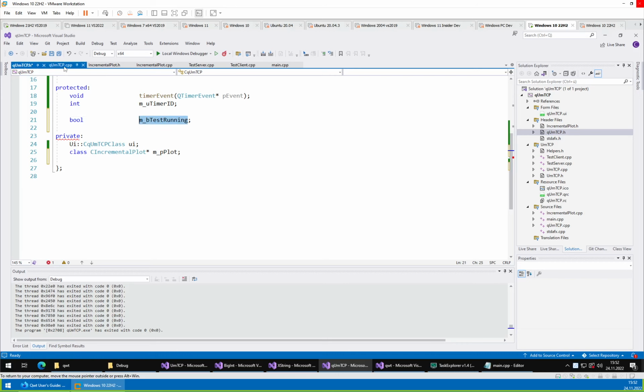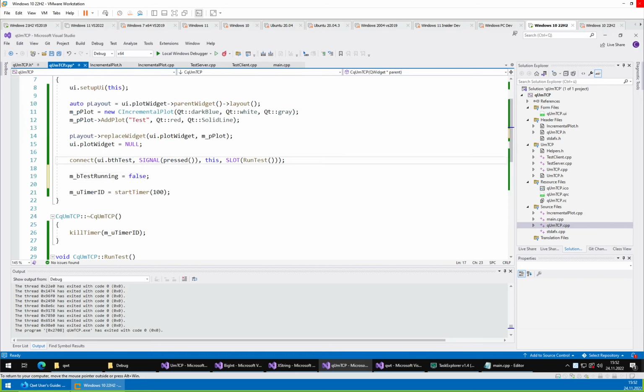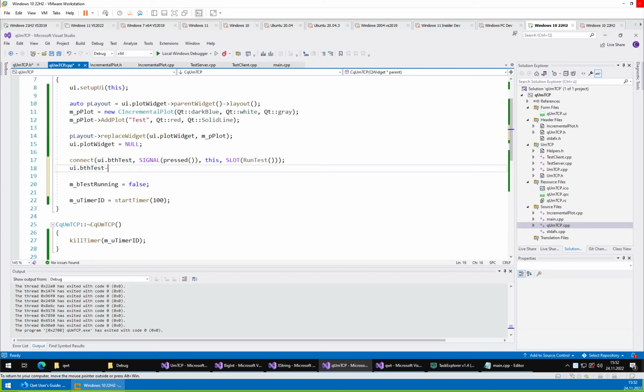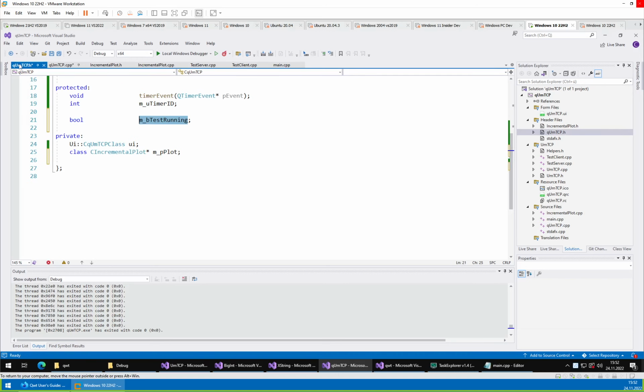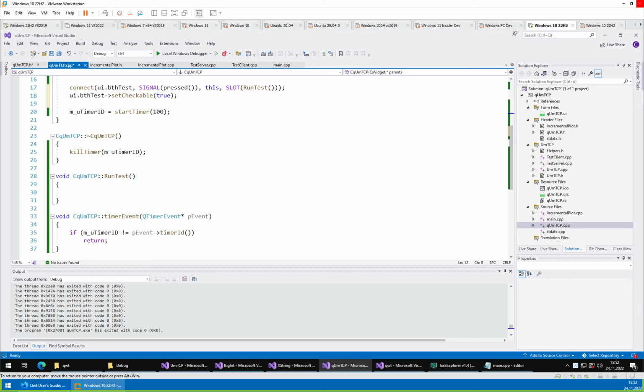Okay. Initialize it to false. And we could make the button checkable. Set true. Actually, when we make it checkable, then we don't actually need the value. We can query just the button every time. So this is just to demonstrate how to use this plot mechanism. So if UI button test is checked,